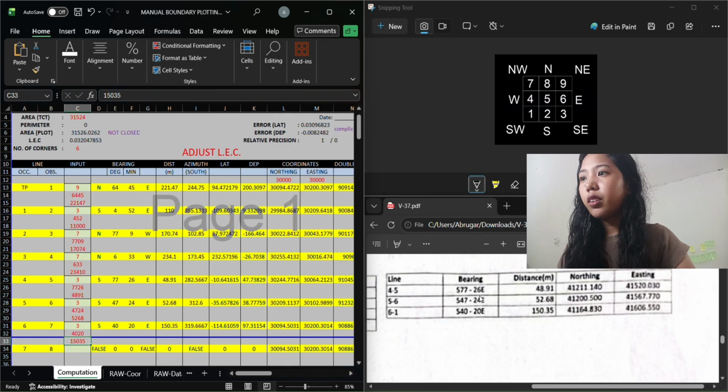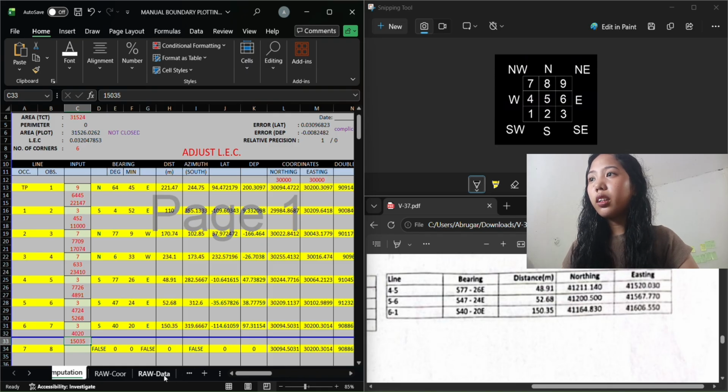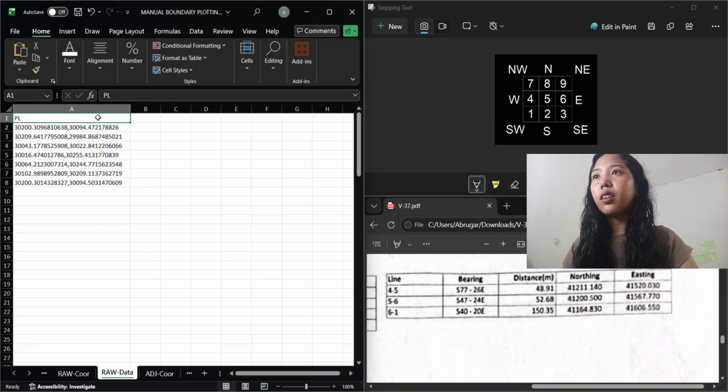Then check if the values are correct. The values that were inputted are correct. Then go to raw data, then copy, then open Civil 3D or AutoCAD.